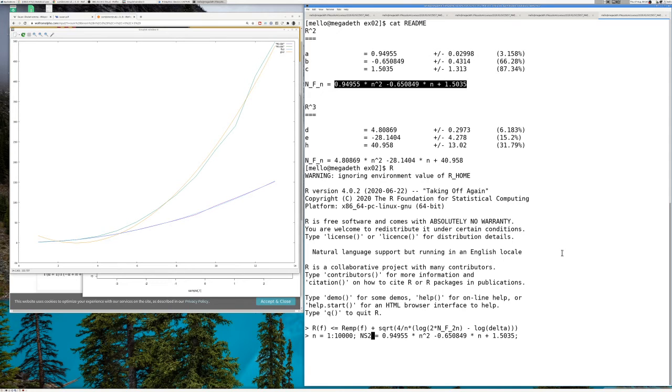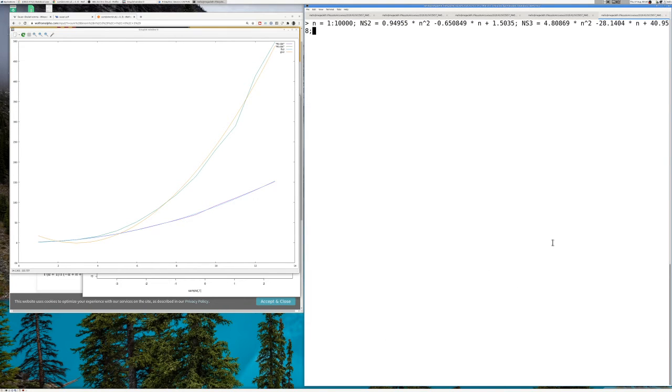ns2 for the bidimensional space, and ns3 for the 3-dimensional space. Oh, that looks much better. Okay, guys. Yeah, that's fair. So I'm going to run like this, and then I will come up with my